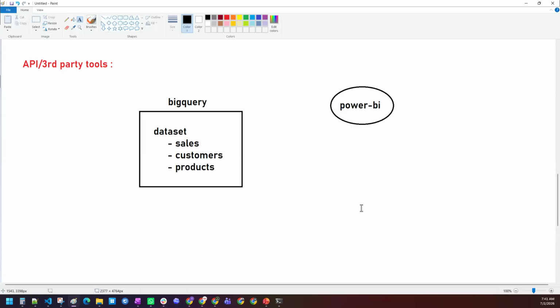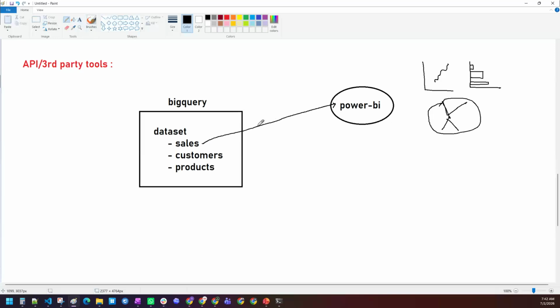Exactly, it is a visualization tool. Very good. Using Power BI, one can create some kind of reports, right? So one can create dashboards or reports or KPIs, right? So if you wanted to create such things, what is needed? You need the data. The data is available in the sales table. Okay, so this is what it is.